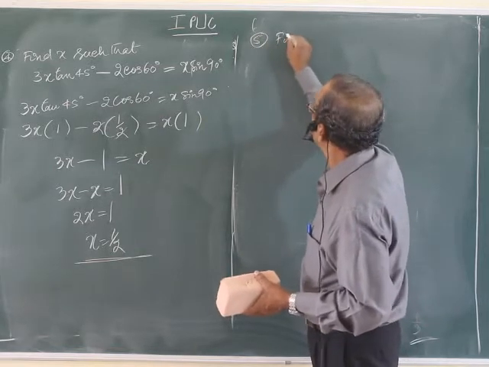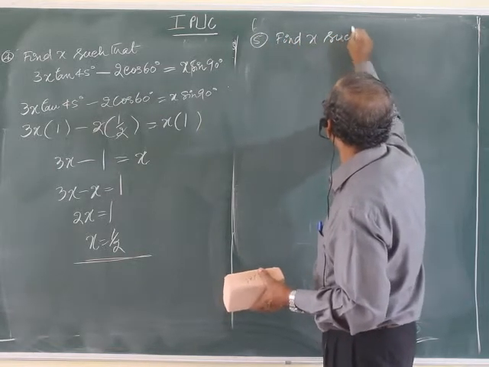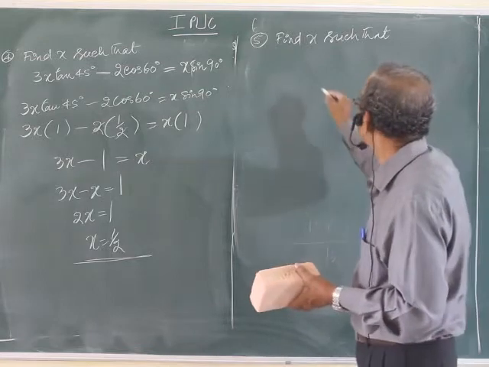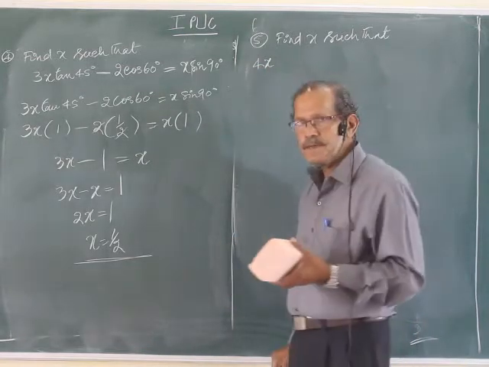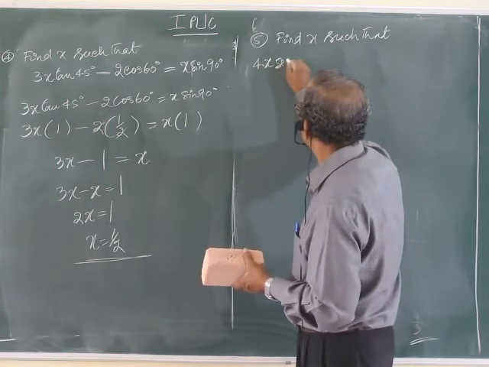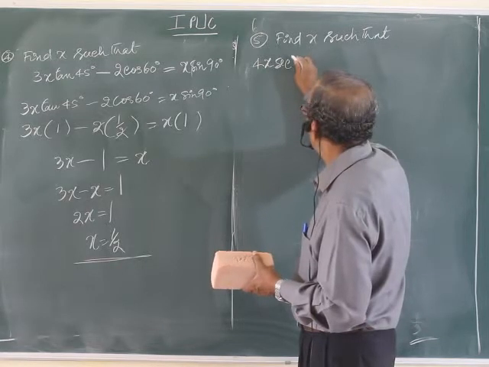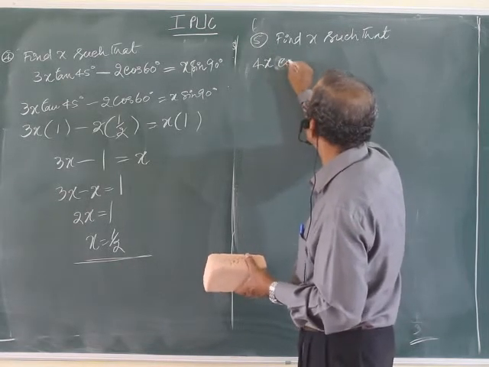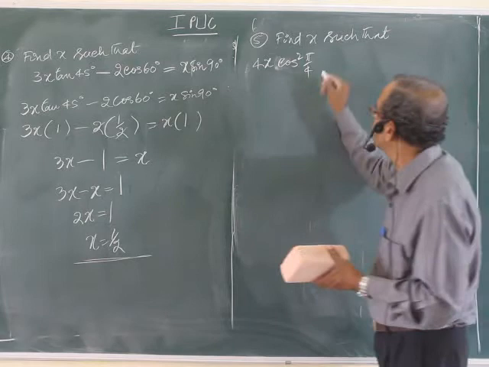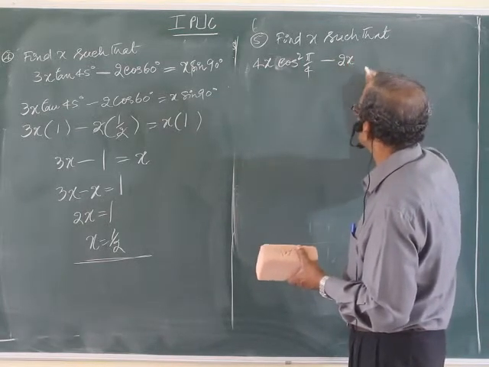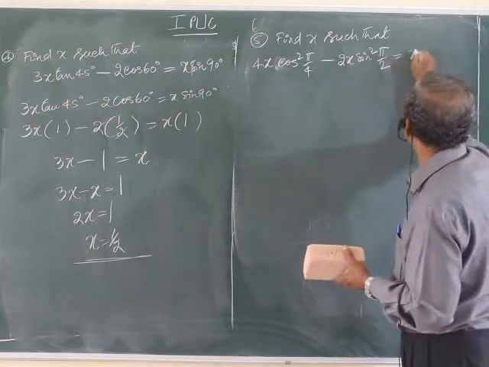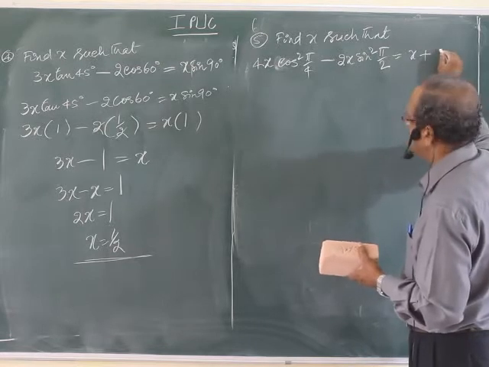Fifth one, find x such that 4x secant or cos, secant and everything is written, cos square pi by 4, instead of degree let me give in radian, minus 2x sin square pi by 2 equal to x plus